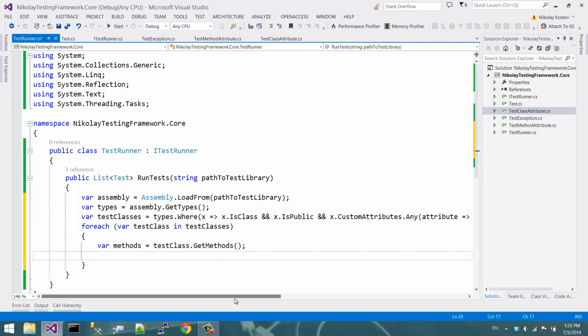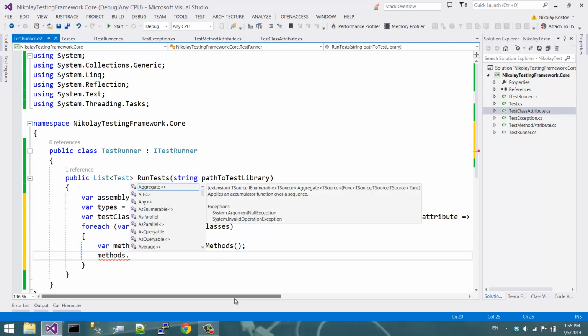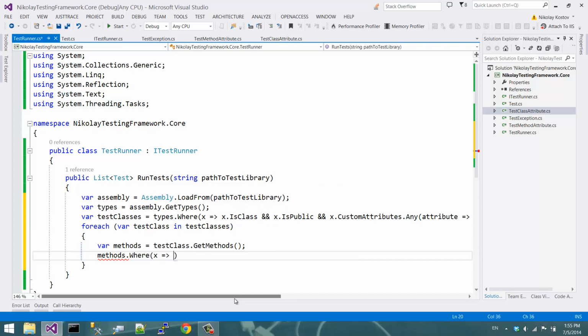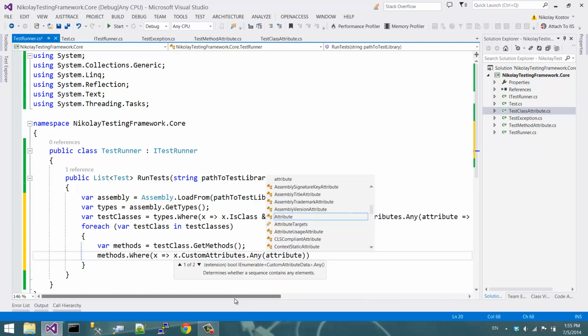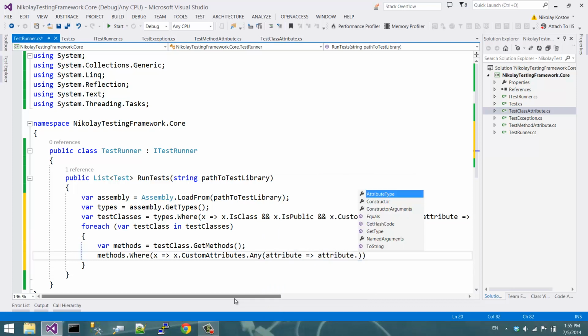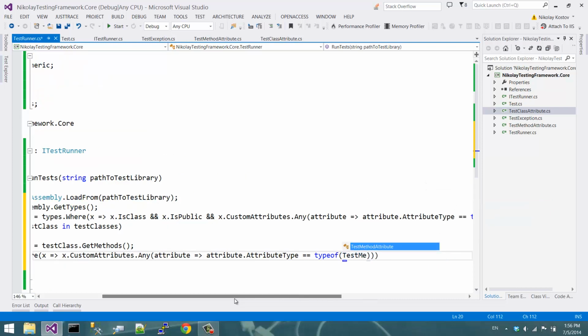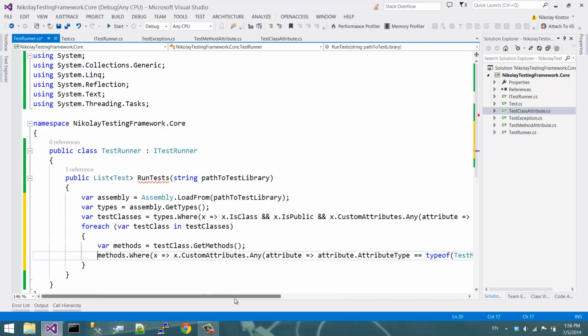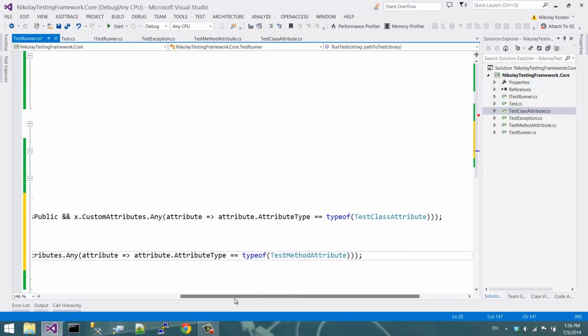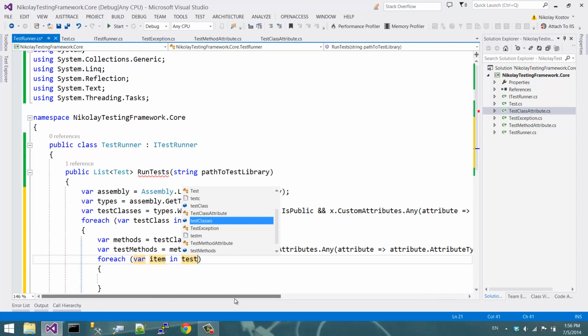Okay, and this method should be decorated with my custom attribute of type TestMethodAttribute, attribute type equals typeof TestMethodAttribute, and I'm gonna assign them to the testMethods variable, and for each of these test methods